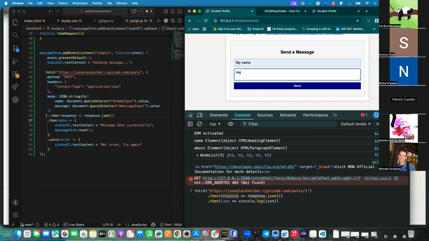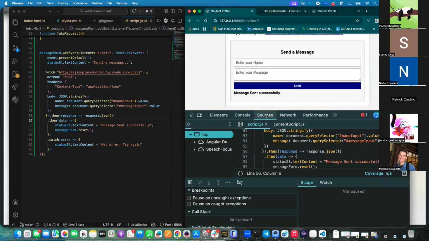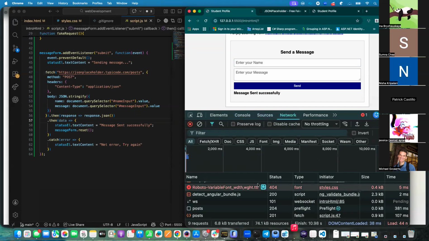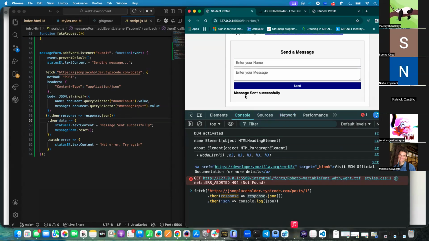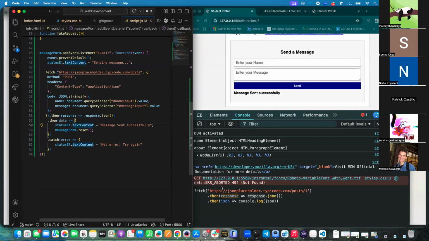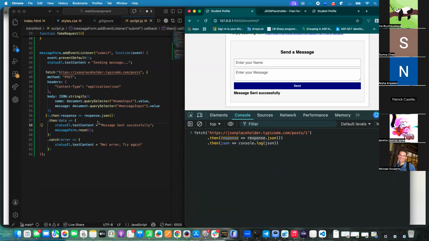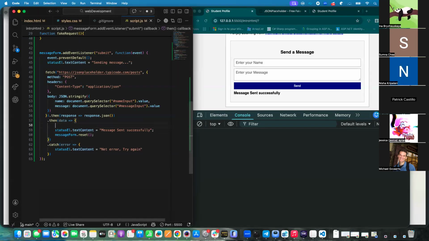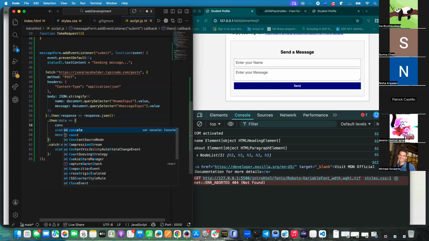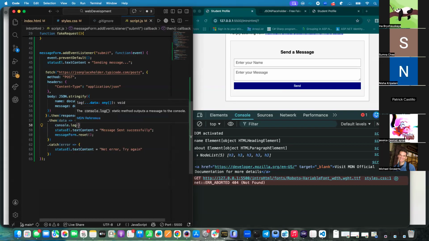My P, just P. Yeah, you see that it makes the call, and it came back successful. I could actually just log it in the console, so we see that. Let's have the log here, maybe. Console log, log our data,